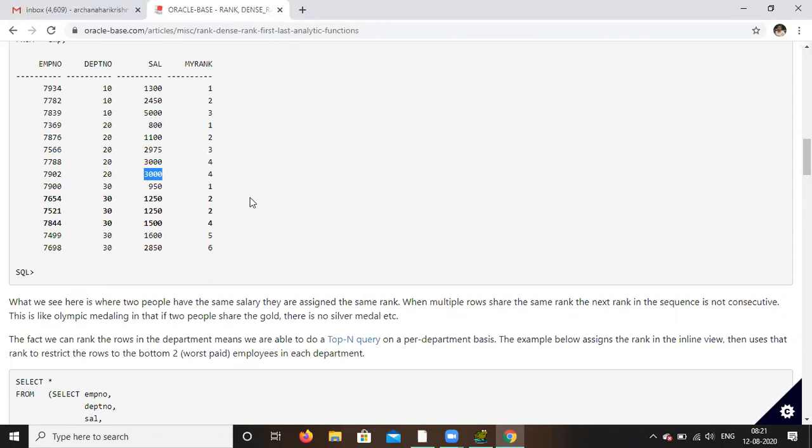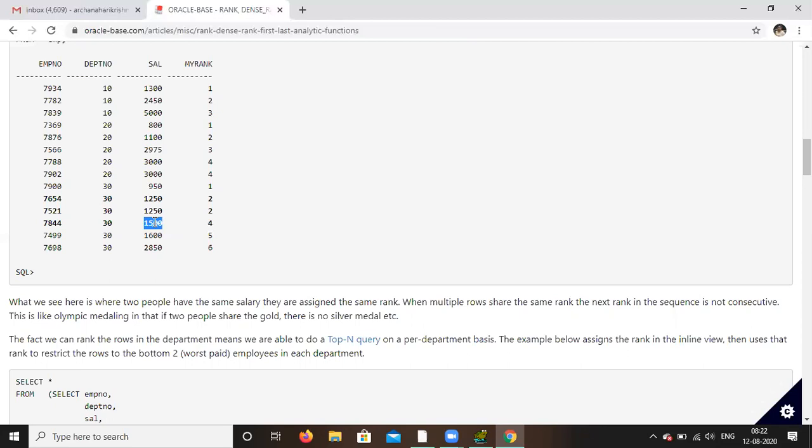And in department 30, 1250 is rank 2, and again 1250 is rank 2, the same rank. But when you come to 1500, it is giving 4. Why? Because it is skipping the next one, since 2 is repeating two times. So now it is giving 4th, 5th, 6th, and the third one is not there.